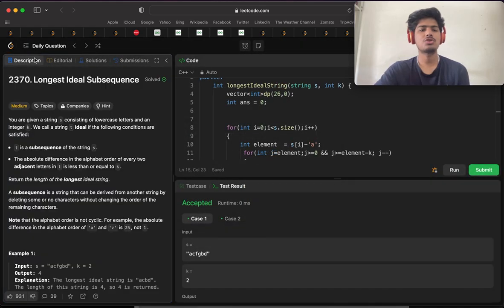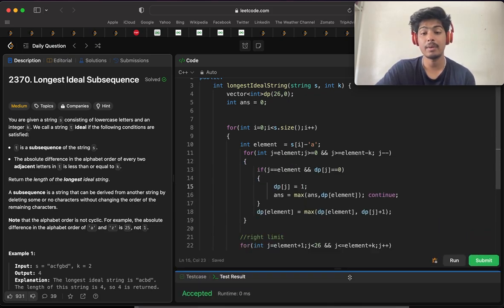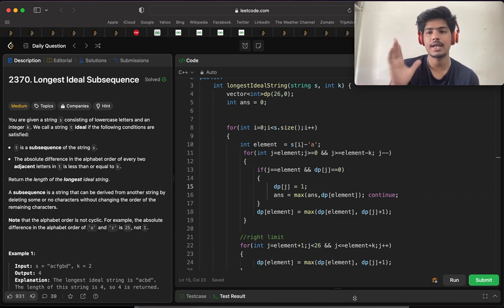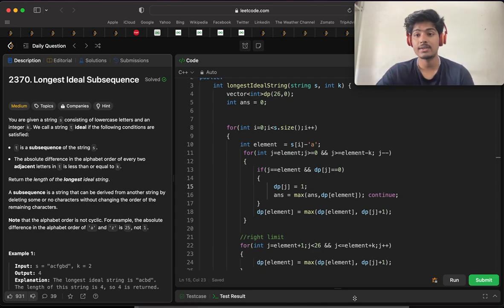So in that question, what I have done is I am simply finding the right limit and the left limit. Right limit means आप जो कैरेक्टर मेरे को दिया हुआ है उसको k प्लस k कैरेक्टर्स जो भी है, जैसे k two दे रखा है, तो बाद के two element and previous two elements ले लेने और उसको चेक करना है कि उस subsequence में present है या नहीं, और उसके according मेरा answer change होता जाएगा. So that was the simple approach for that problem.